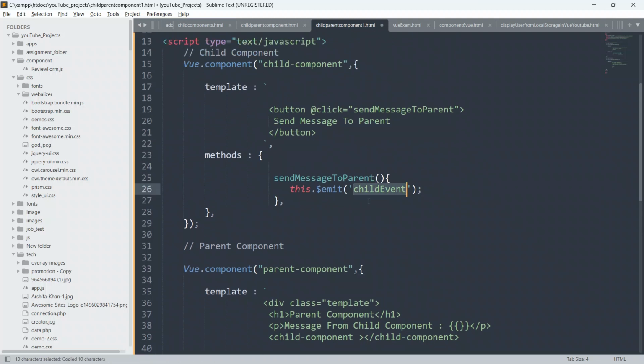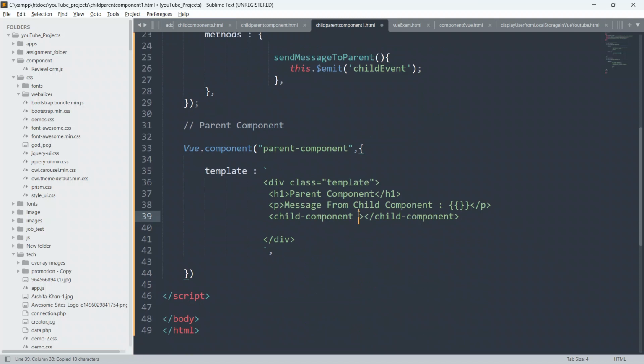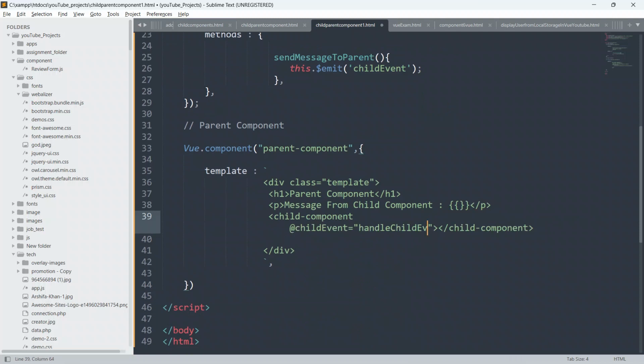So copy it from here, and give @, we will say child-event, equal to handleChildEvent.